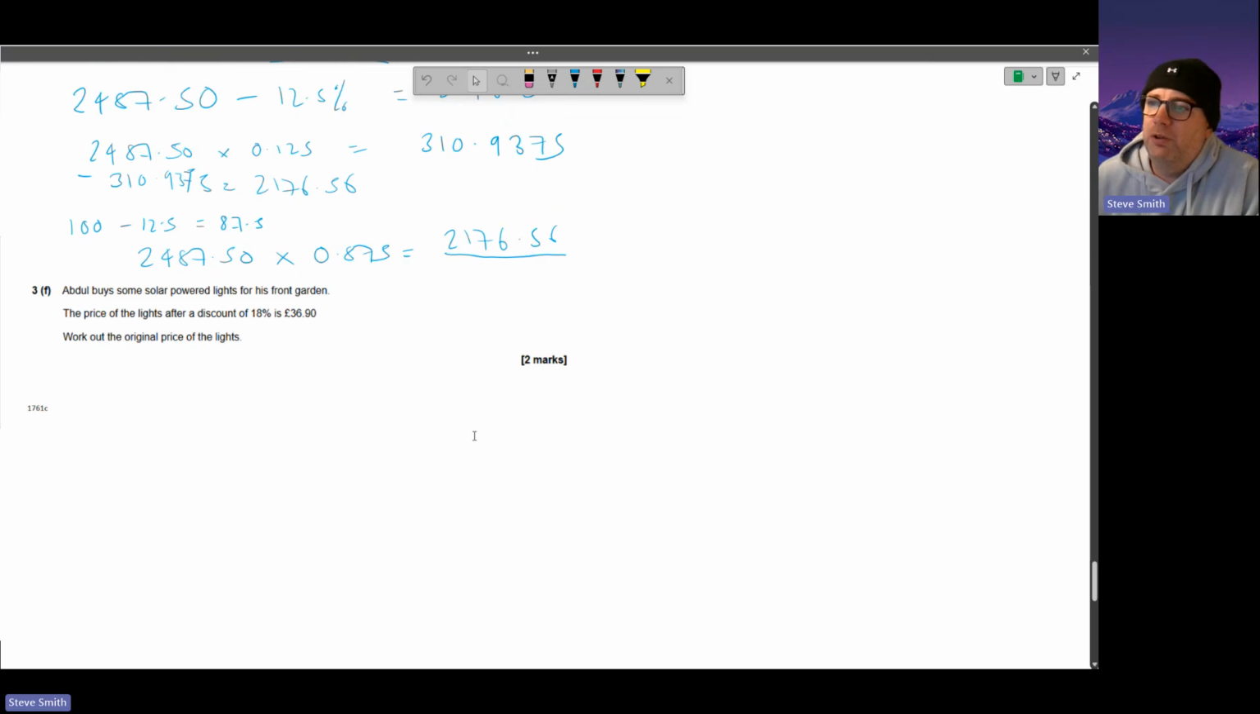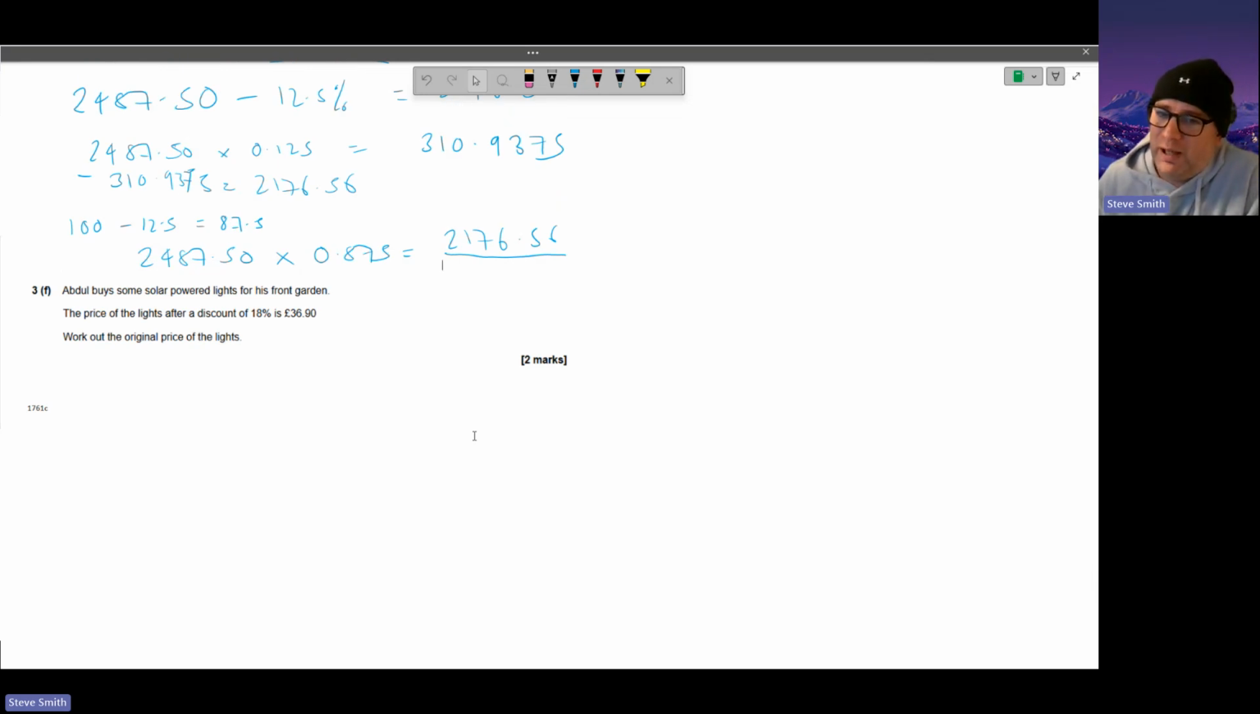Right. Abdul buys some solar panel lights for his front garden. The price of the lights after a discount is a really important part of that. After a discount of 18% is £36.90. So something,